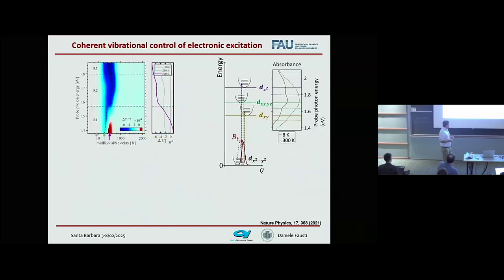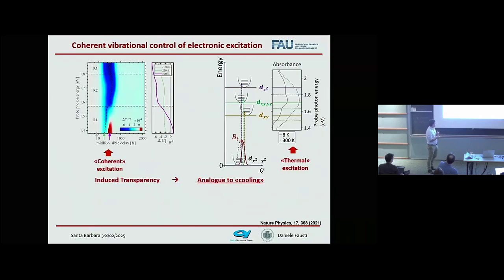And the important result, the message that I want you to take away, is the following: in this case, as in many others, what happens when I drive the system with a coherent excitation is very different from what happens when I just turn on the temperature. In this specific case, if I increase the temperature, this electronic excitation becomes more absorptive, while what we observe with a resonant drive of the infrared mode is actually a region of transparency, which is very much at odds with the thermodynamic situation. How do people reason about it?